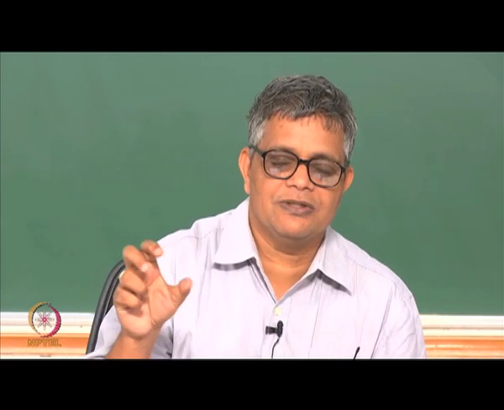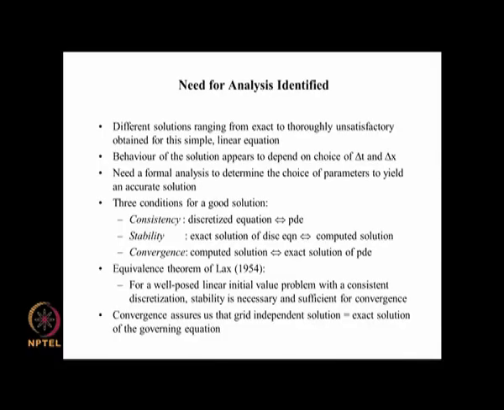So, that is what we mean by convergence, that when we have very small delta x and very small delta t, if convergence is guaranteed, then we know that we are getting a solution which would match with the exact solution. So, convergence assures us of a grid independent solution, that is a solution which does not effectively change